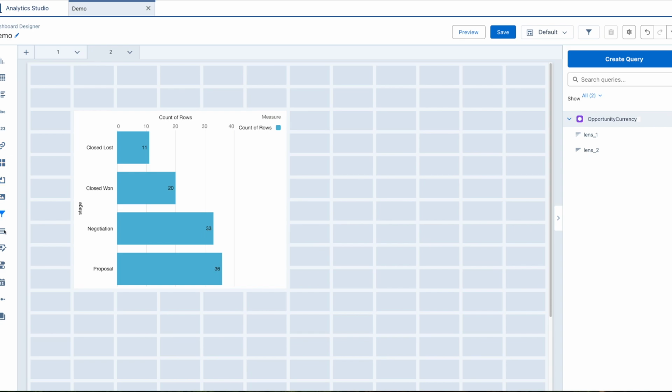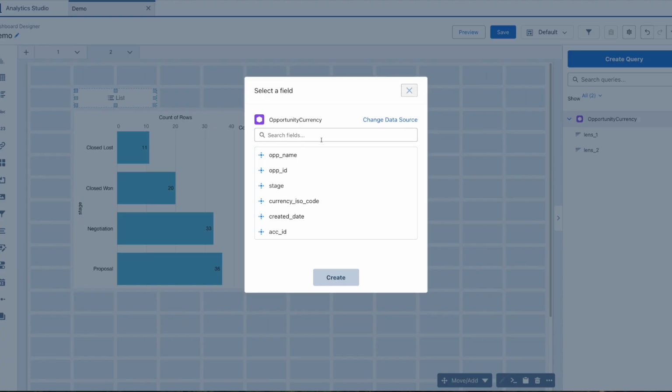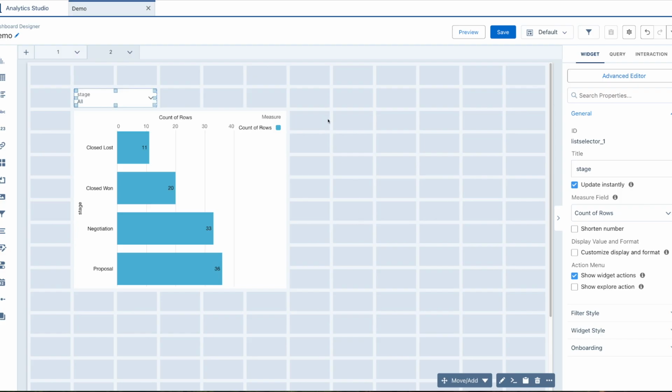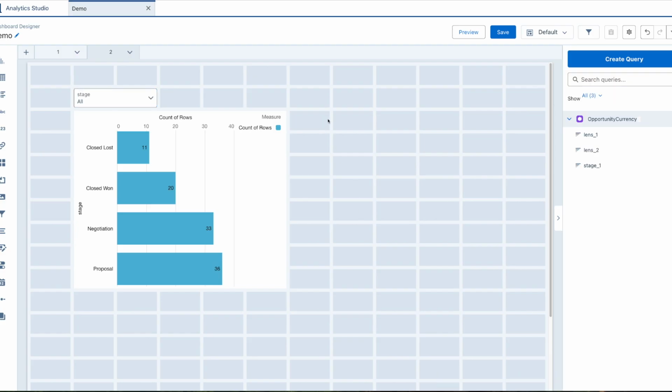And now we'll add a list widget. Now, what you will have the ability to do in the upcoming release is